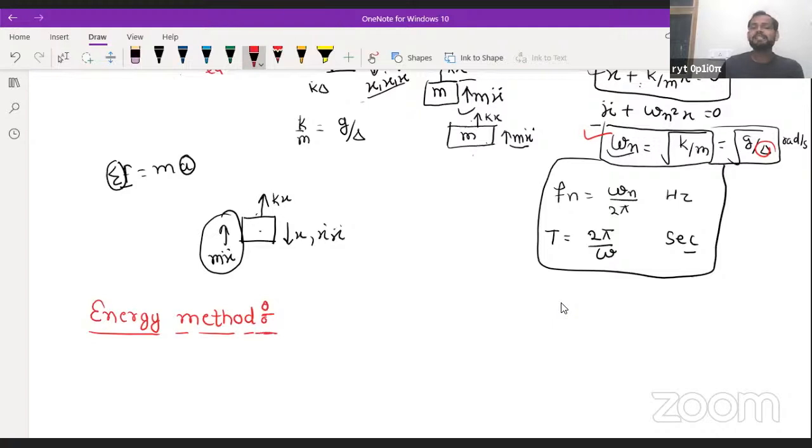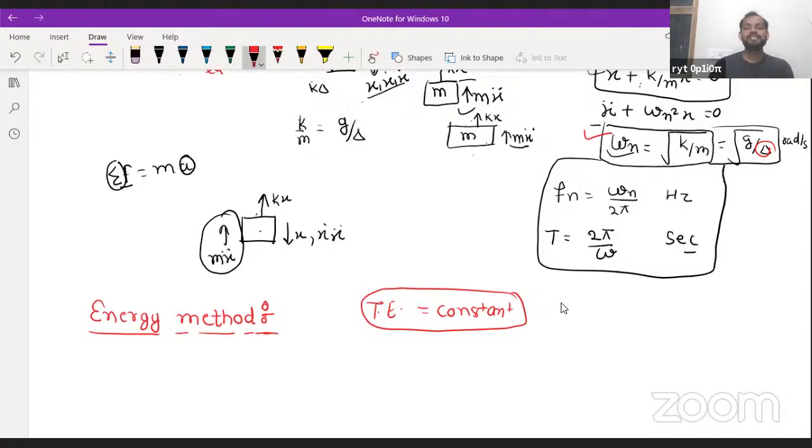Now what does the energy method say? The energy method says that the total energy of the system remains constant. Why does it remain constant? Because inside the system there is no frictional force. No frictional force is there. That means